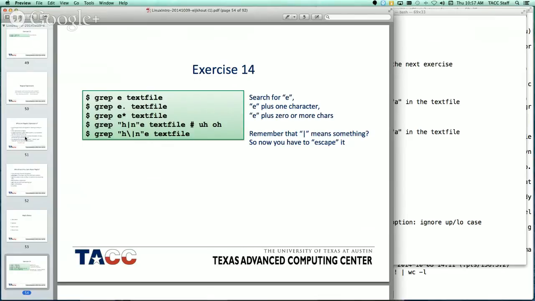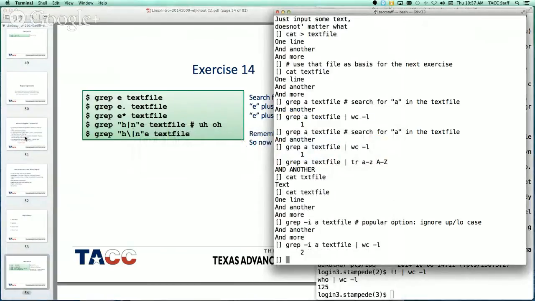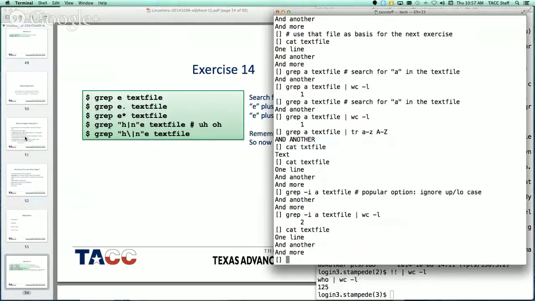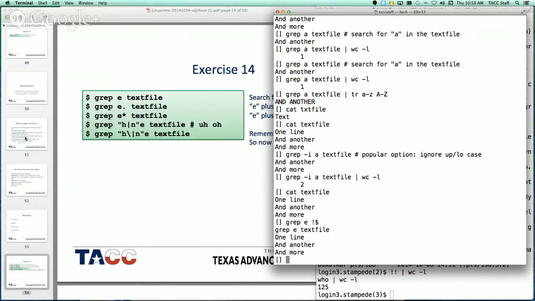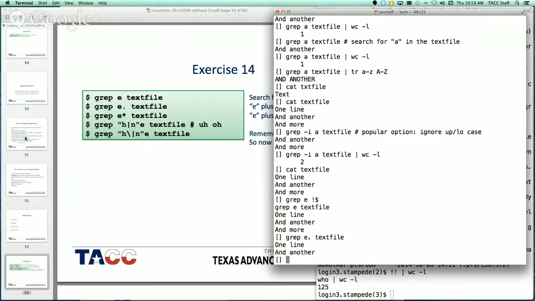So on the first line, you search literally for an E. On the second line, dot means any character. So you're searching for an E followed by any character. Well, what was in your text file? See, there are two lines that end with an E, and there is one line that has an E somewhere in the middle. So if you grep for an E, it finds all three lines because they all have an E in it. But if you search for an E followed by a character,